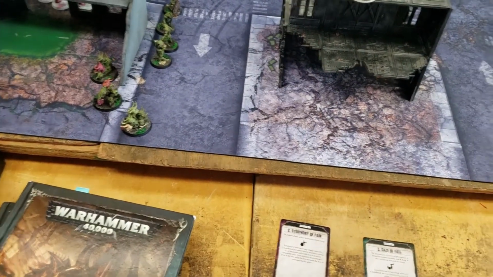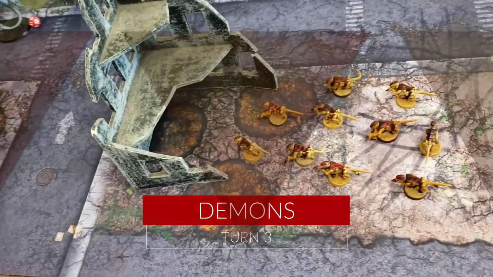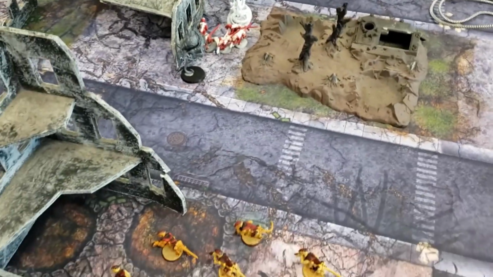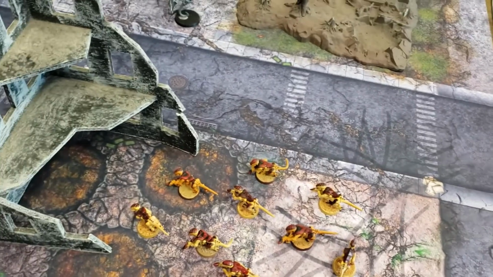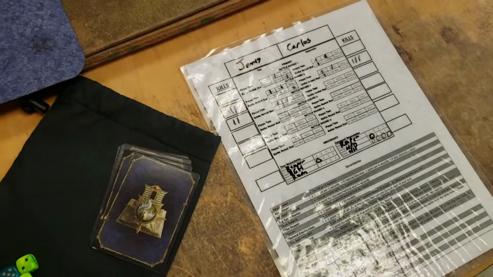What is this, turn 3? Yeah. Alright, so the end of the Demons turn 3. I charged in with the Bloodletters. I failed pretty hard, and somehow his 4 Hive Guard hit 8 out of 8 attacks and killed a bunch of Bloodletters. I don't know how that happened, but it did. I lost pretty much all the Bloodletters, and they didn't kill anything. So, yeah, this game is not going well. But right now the score is...